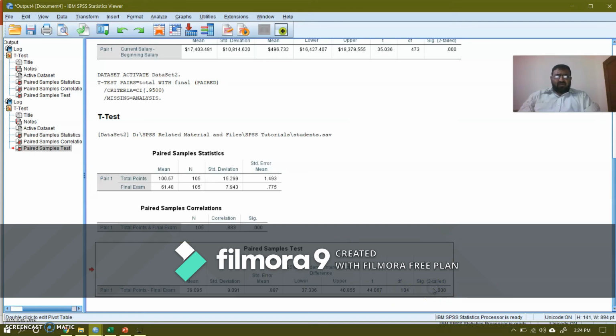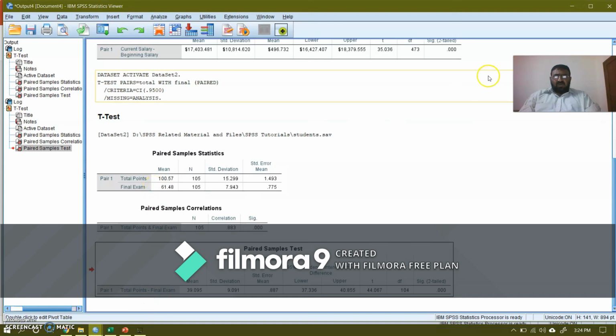And finally, the observed p-value or significance value is highly significant and less than 0.05. So we reject the null hypothesis that the two means are equal, and we conclude that the two means are not equal, and since this difference is positive, it means that the average of the total points is greater than the average of the final exam.